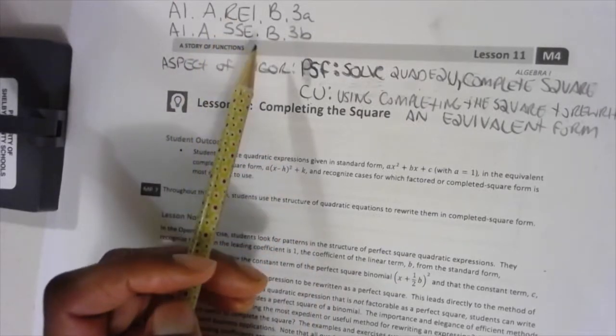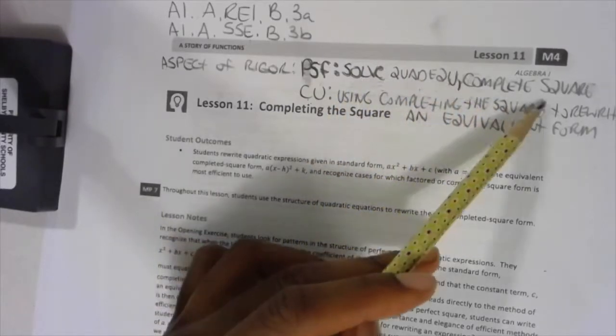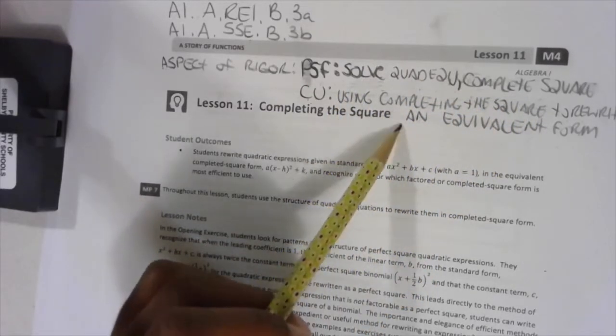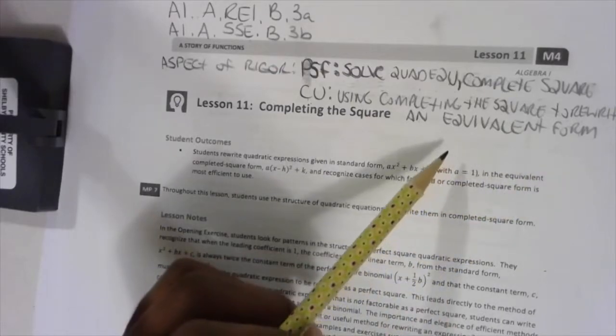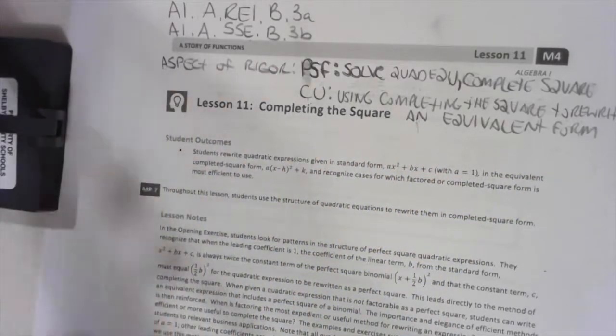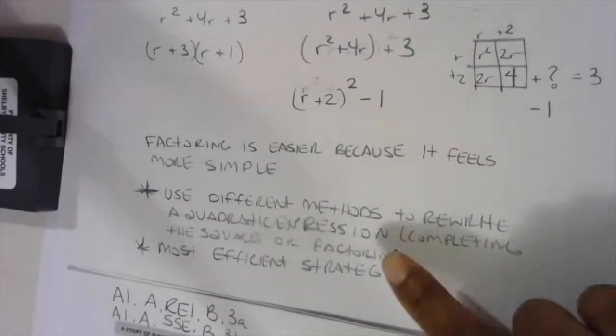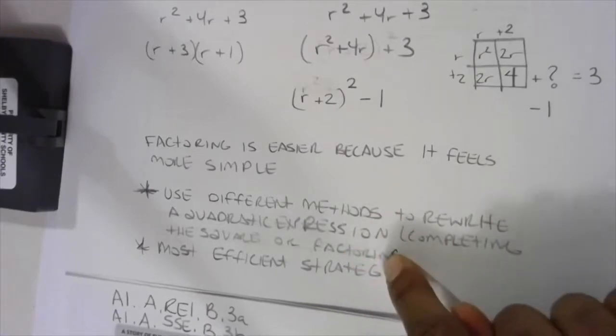And we had these key things we pulled out: solving quadratic equations, completing the square, using completing the square to rewrite an equivalent form. We had those things, and we also had this exit ticket where we identified the key understandings from this. So what we want to do is right here,